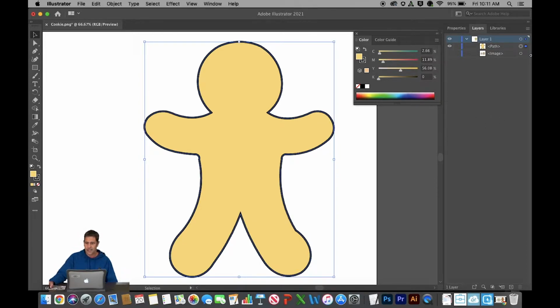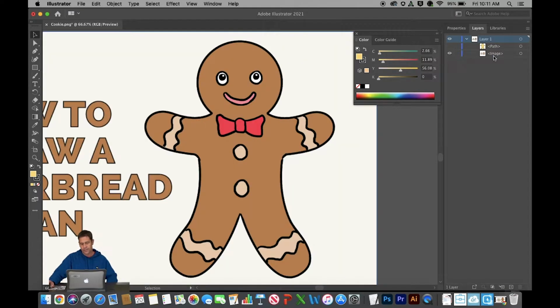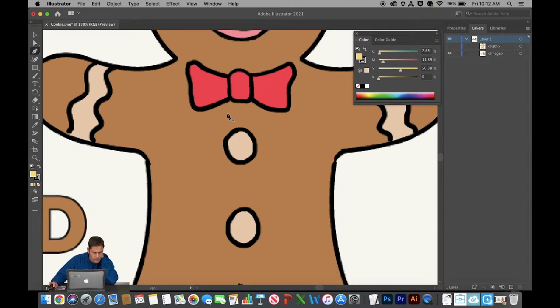So I have my outside shape created. I'm going to hide that, and I'm going to show what's there because I'm going to use this image to get the details from this cookie. I'm going to create the squiggly shapes right there. So let me go ahead and get my pen tool and zoom in. And I'm going to go there, there,